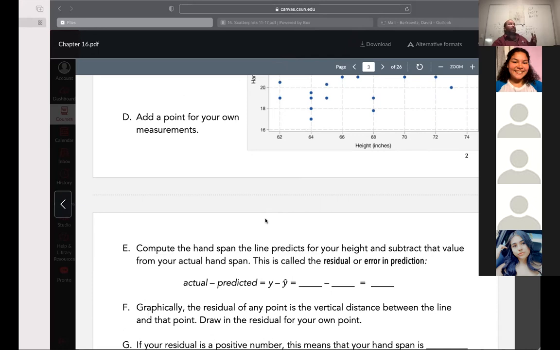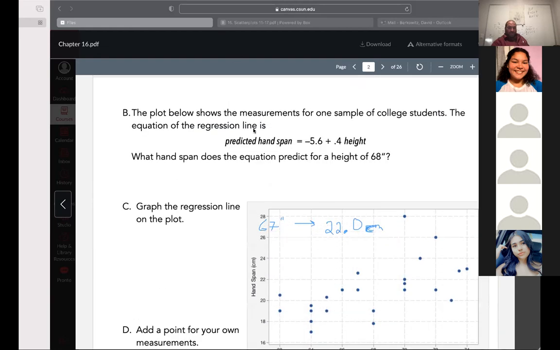5'7", which would be 67 inches. And my hand span was 22 centimeters. 22.0? Yeah. Well, we're measuring to the nearest tenth, so for the sake of argument let's say that. Okay, so this is our data point right here. Now, according to the best fit line,